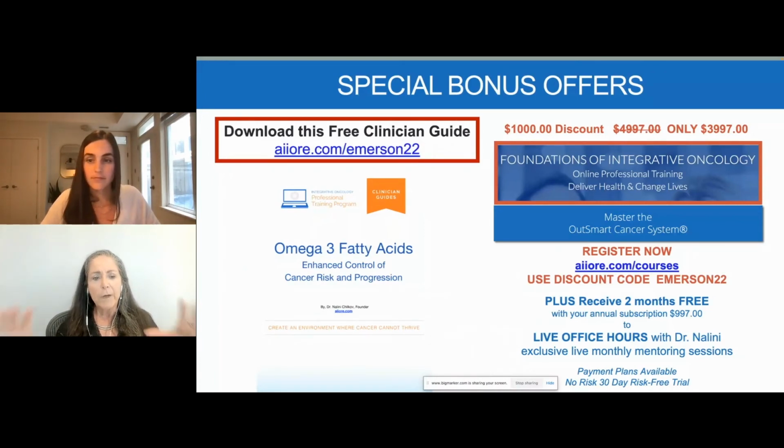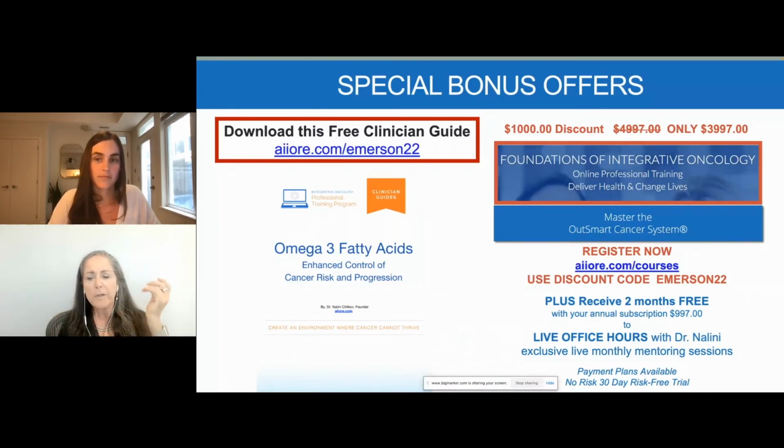But then what I call the targeted herbs and supplements, things like curcumin and resveratrol and EGCG and scutellaria and boswellia, and then the more toxic herbs that we use, those are where you get most of your interactions. So if you're not sure, just step back from those. For example, most patients are on a 7, 14, or 21 day chemo cycle. So let's just use the example of a